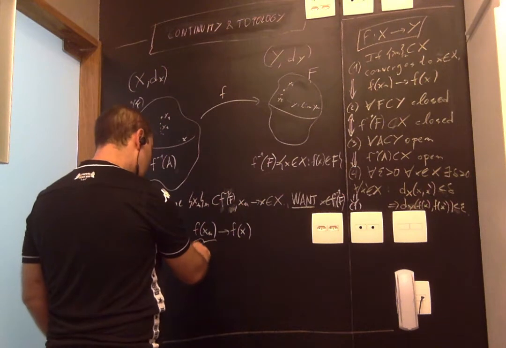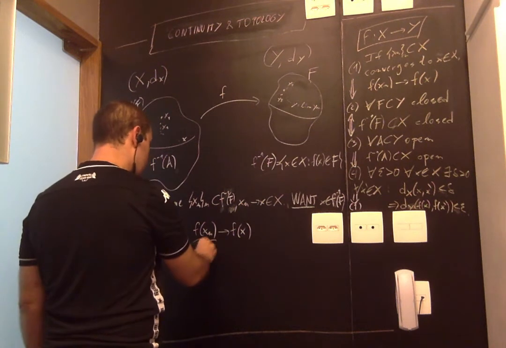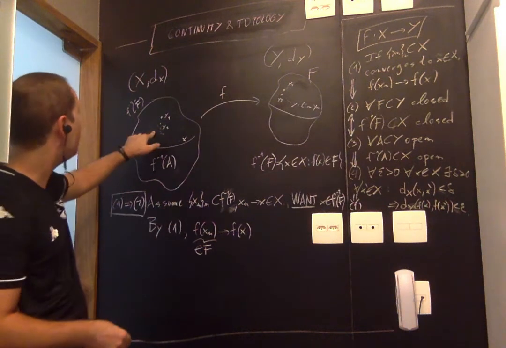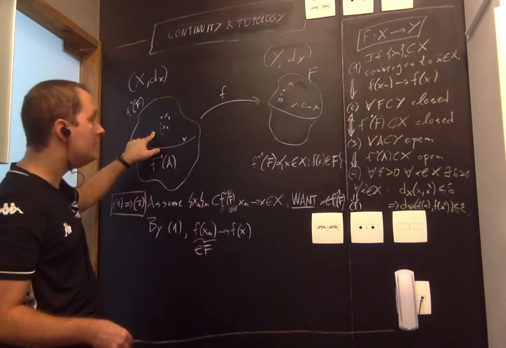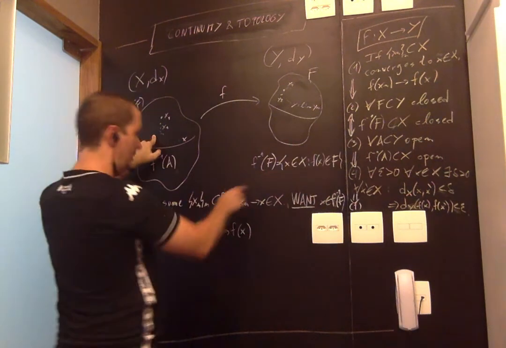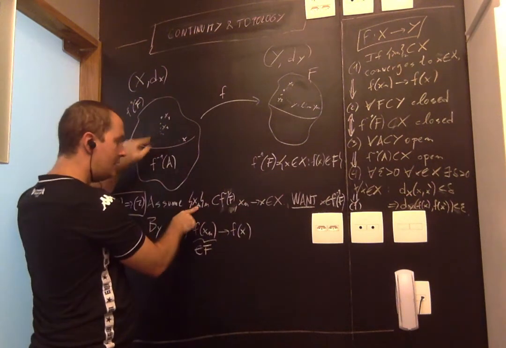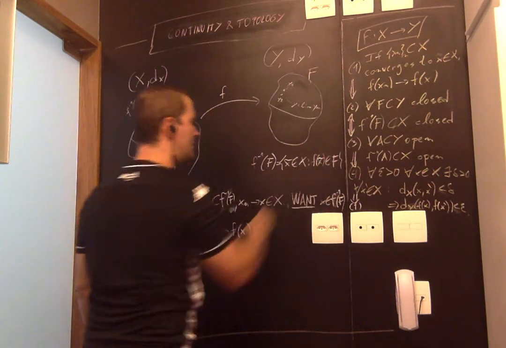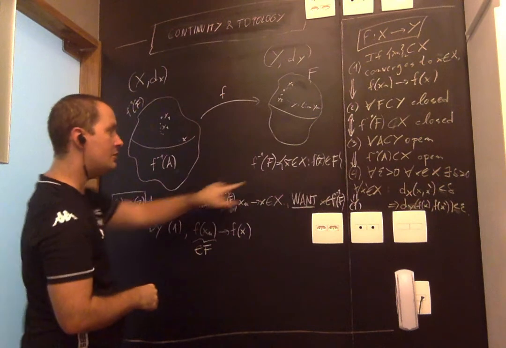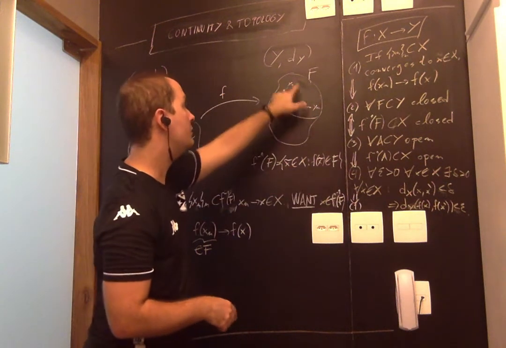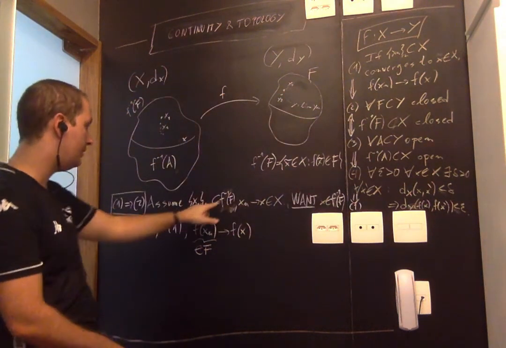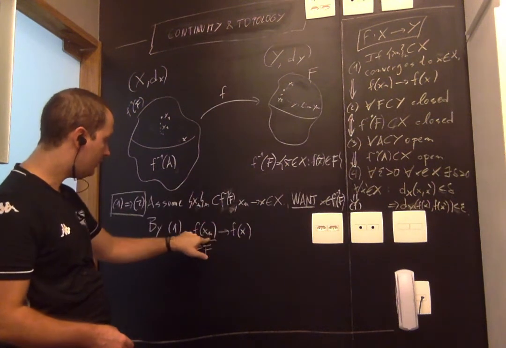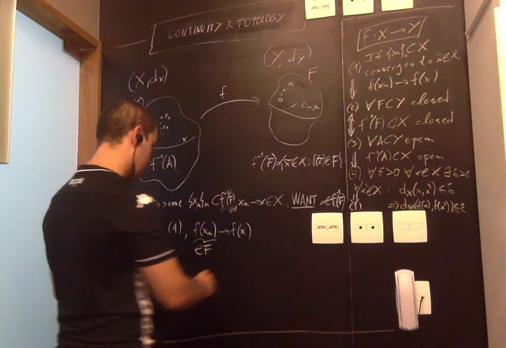And this is a sequence of points, and this is the main point. These points all belong to F. And why is that? Well, these are points in the pre-image of F. What does it mean to belong to the pre-image? It means that if your x sub n belongs to the pre-image, well, maybe replace this by x tilde to not mix that up. So x sub n is one of these points whose value of the function belongs to the set F. So x sub n contained in the pre-image means that f of x sub n belongs to F.